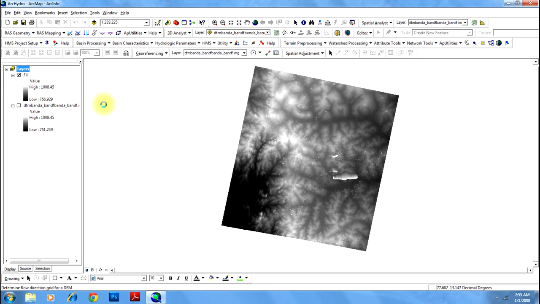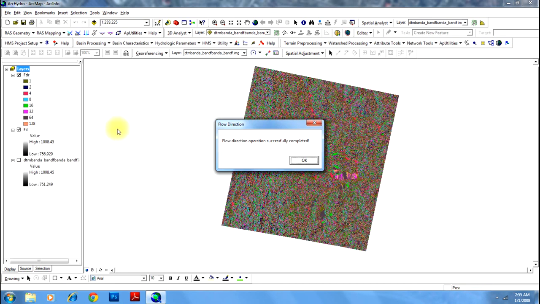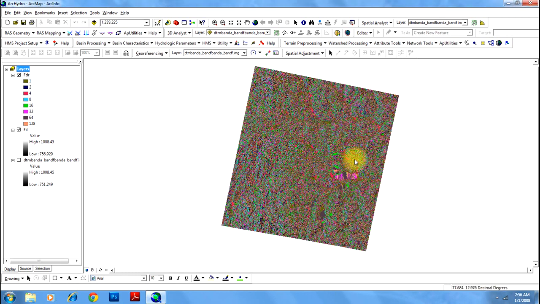Whichever adjacent cell has the steepest slope will get the water from the pixel. There you go. Now your flow direction operation is successfully completed, and this is your flow direction map. You will have 8 different colors because every pixel has 8 neighbors.